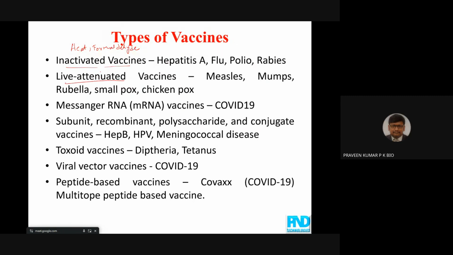Very good, sir. Excellent. So first I will tell about the inactivated vaccines. We can use heat, or chemicals like formaldehyde, and make the viruses inactivated. That is, these viruses won't have that active nature. The inactive viruses can be used to fight the active viruses. That's what we call inactivated vaccines.